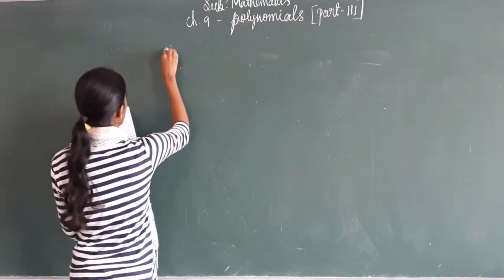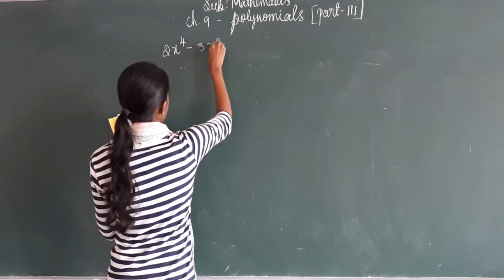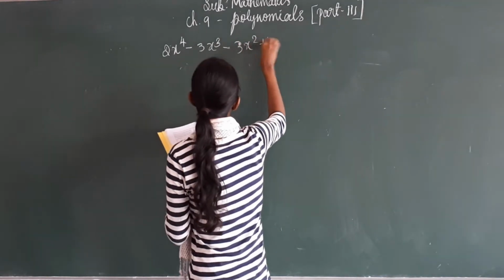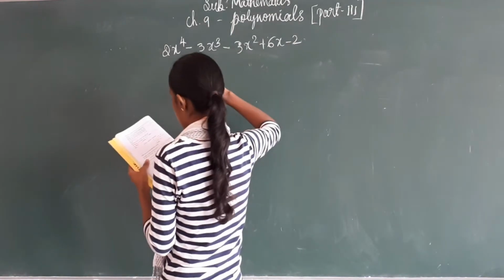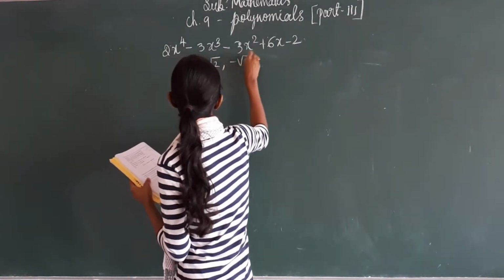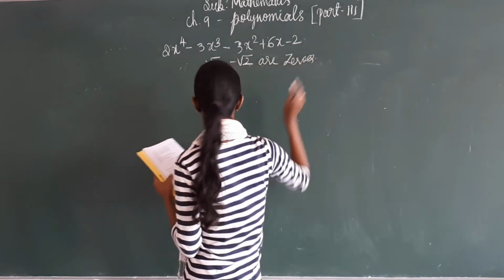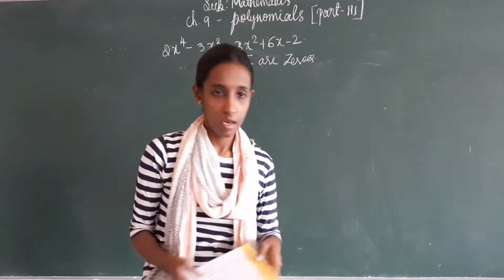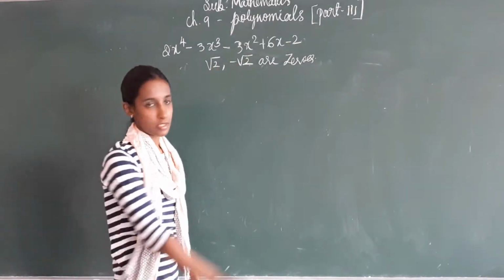Question: the polynomial is 2x⁴ − 3x³ − 3x² + 6x − 2. If you know that root 2 and minus root 2 are zeros, two zeros I have given, you have to find the remaining 2 zeros. How will you do it? Root 2 and minus root 2 are the 2 zeros. That means